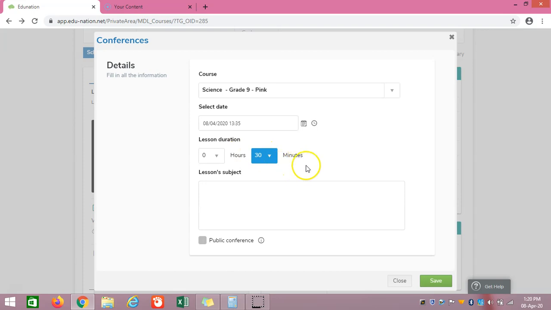As our class is for 20 minutes, we cannot choose 20 minutes because only 15 minutes is available. So we can choose 30 minutes. Because if you choose more than that, like 45 minutes, a clash may come between two teachers. As I already told you, one teacher has the time from 10:30 to 10:50 and you're picking the time as 10 to 11. Then when the second teacher is going to assign the time from 10 to 10:20, she will not be able to assign it because there is already a clash. So it's better to choose the time as 30 minutes.